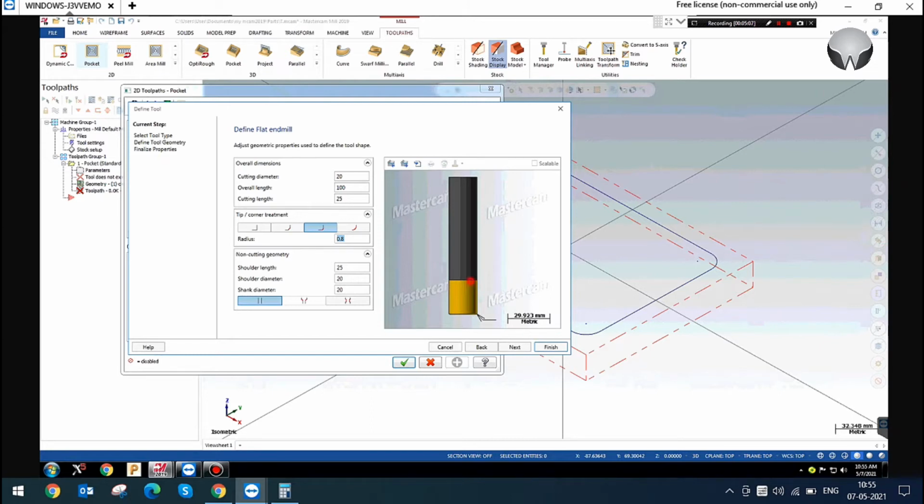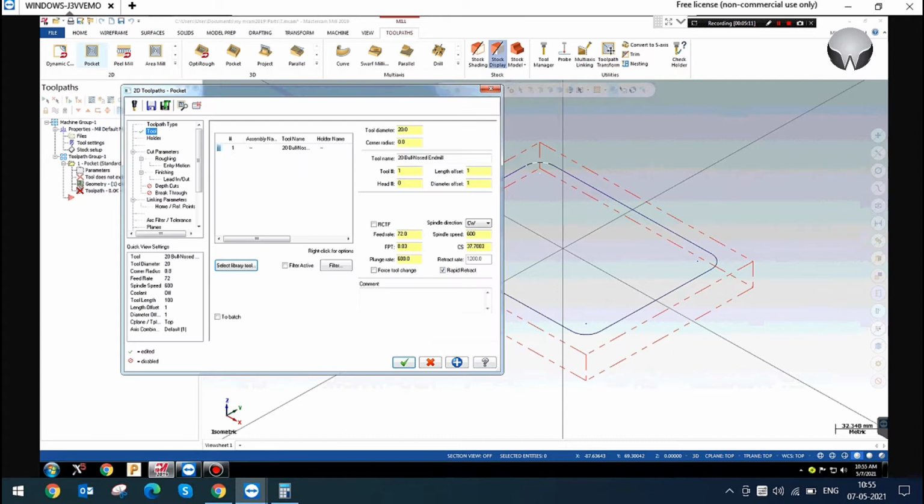So this is my shoulder milling cutter. I'm just finishing this. So my tool number, length offset number, diameter offset number, and I'm giving the feed rate, the RPM and the plunge feed rate.